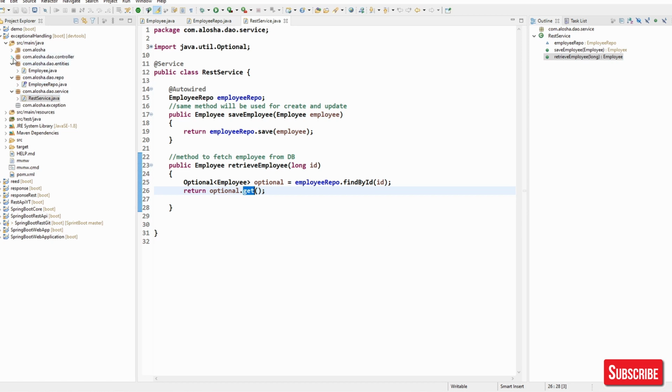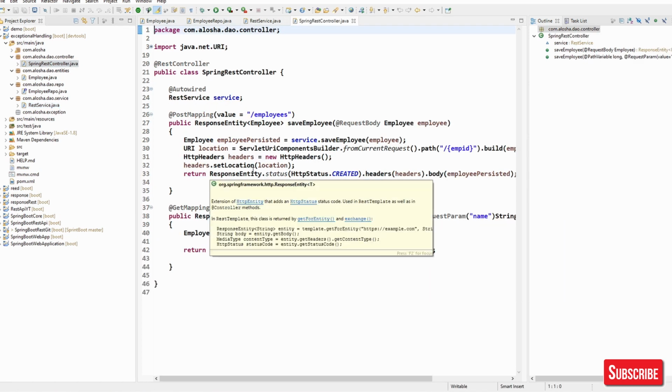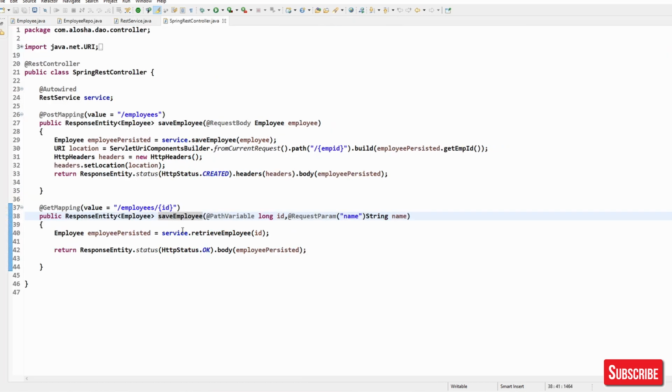Now we'll go to the controller. In the controller we have two URIs right now. One is to save the employee and another is to fetch the employee. So basically here method overloading is there, but we'll go with retrieve employee. That's okay. We have changed the name just to make sense.